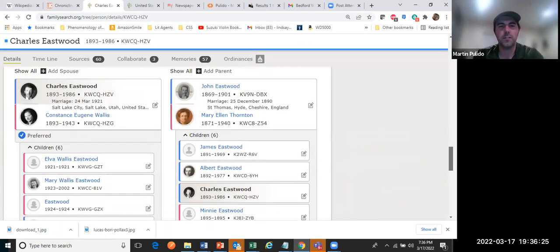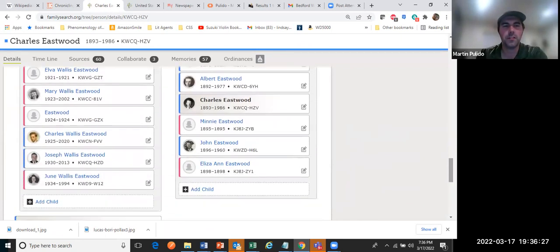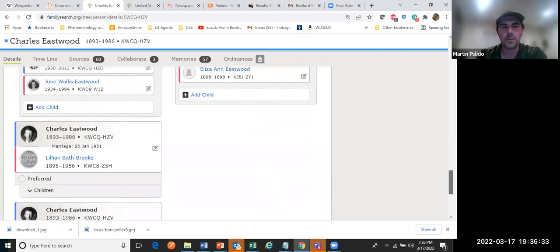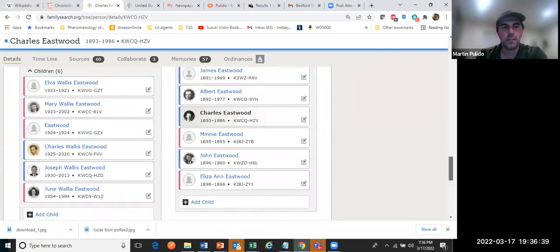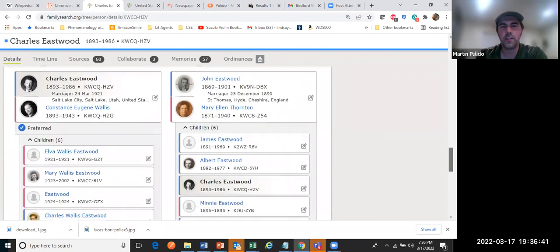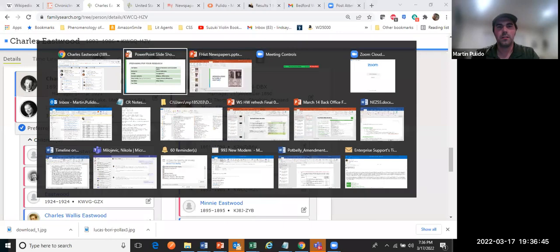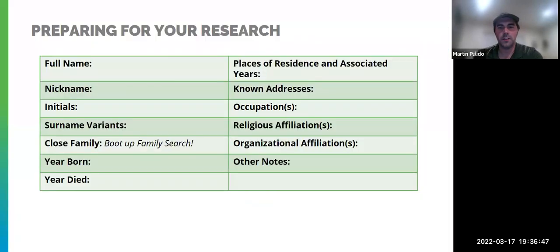I can be like, oh, okay, cool. If other people in an article are mentioning some of his children or siblings, I can capture that a little bit easier, or from another marriage, right? He was married three times. I find that that's the helpful thing to have pulled up. All right, let me hop back over here.